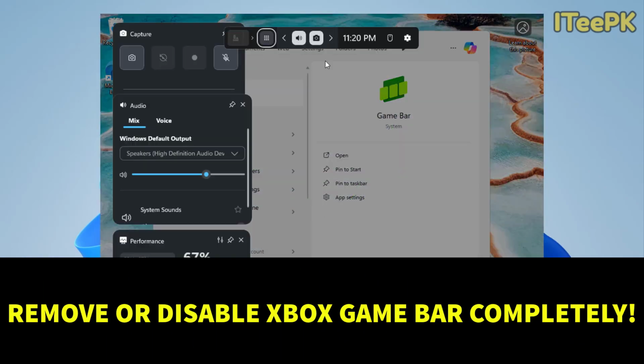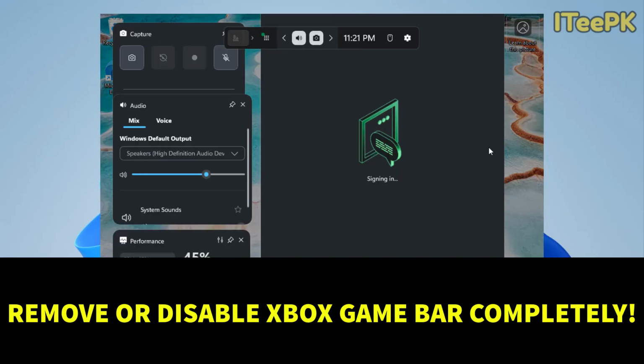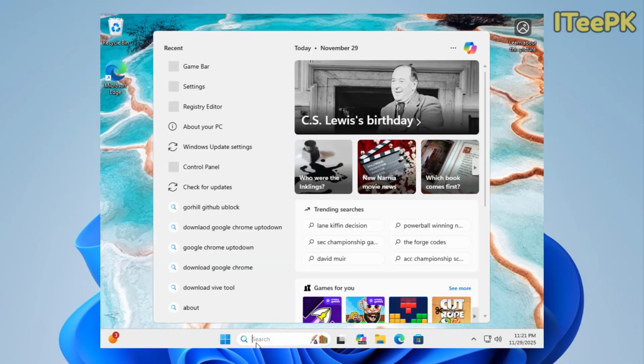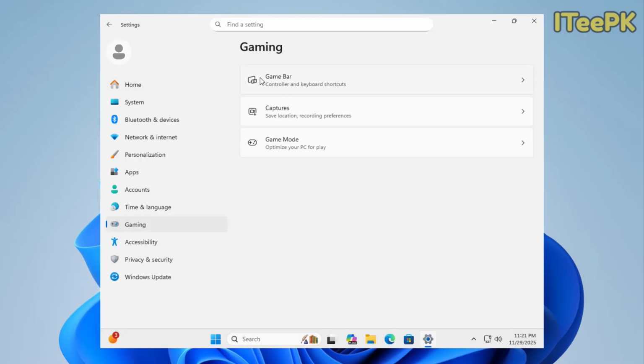Hey guys, today I will show you quick ways to disable or turn off the Xbox Game Bar on Windows 11. If you don't use it or it keeps running in the background, this video will help you to get